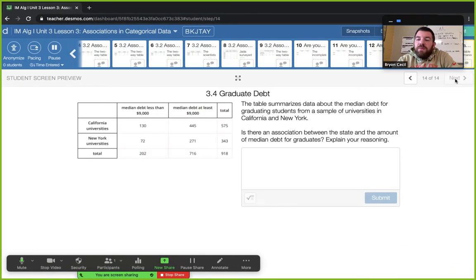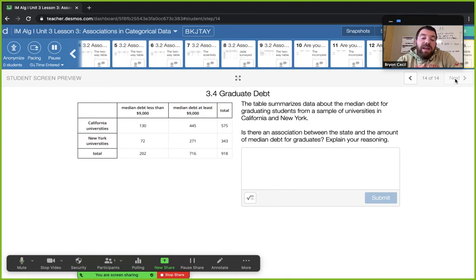Let's skip the own variables and let's go at the end. So the table summarizes data about the median debt for graduating students from a sample of universities in California and New Mexico. Is there an association between the state and the amount of median debt for graduates? Explain your reasoning,